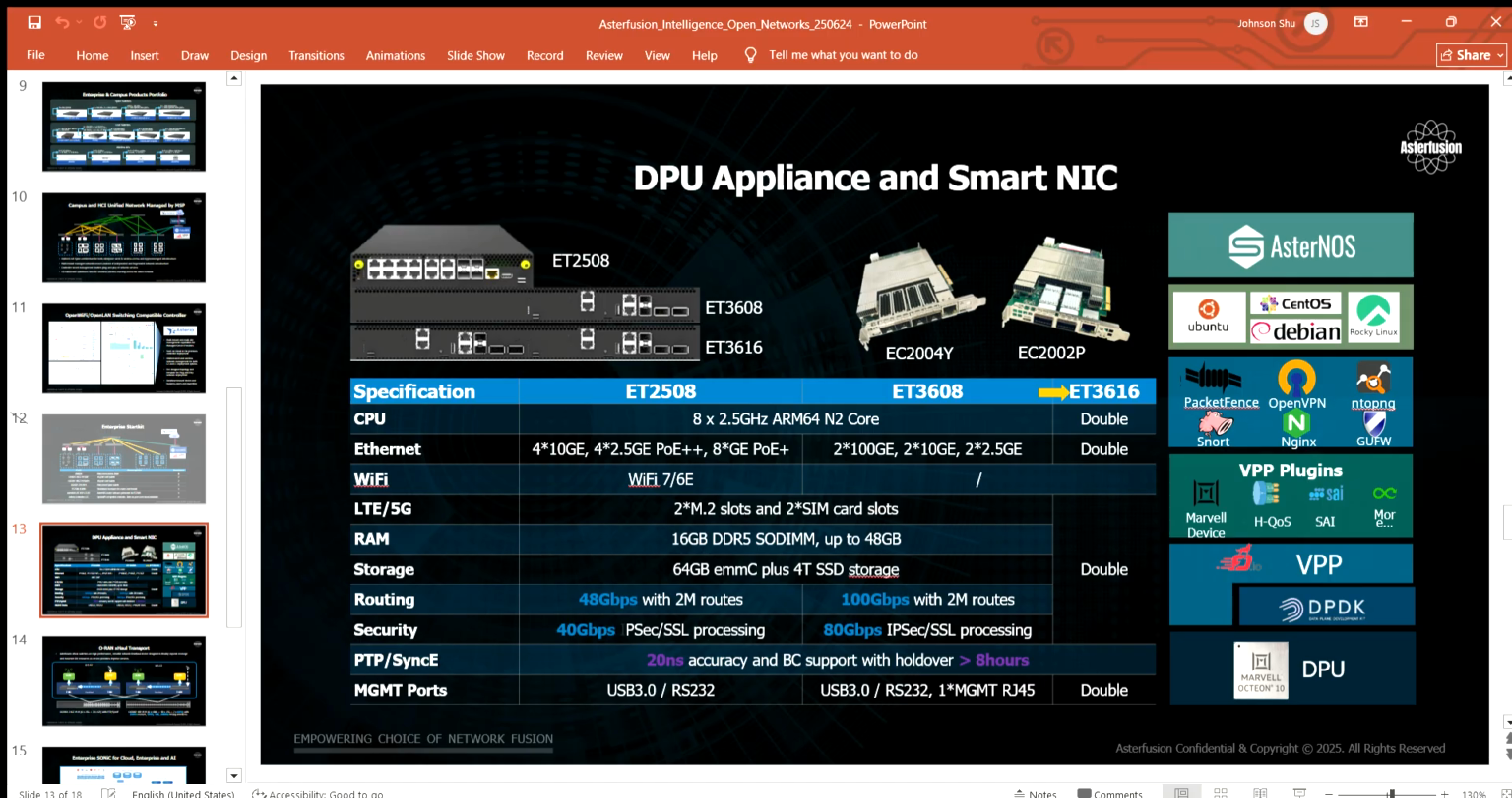With optional PTP SyncE module, it can realize 20 nanosecond accuracy and BC support with handover. Also, it supports optional Wi-Fi module, LTE, 5G module, and additional SSD. So it's a great convenience for those operators who are already familiar with the SONiC UI, SONiC CLI, to use such a router. It's small and it's powerful. Also, it's user-friendly. Okay. That's basically